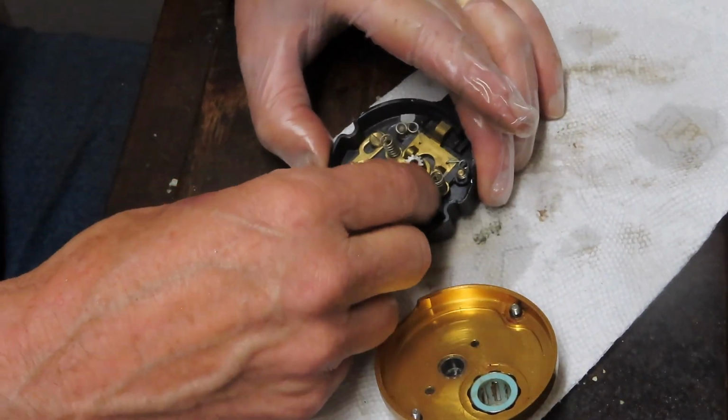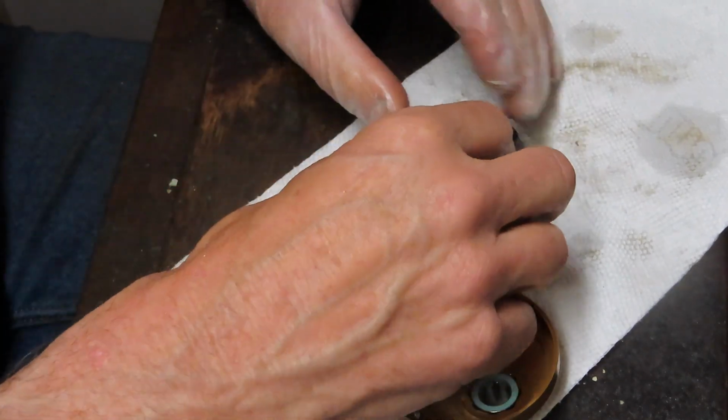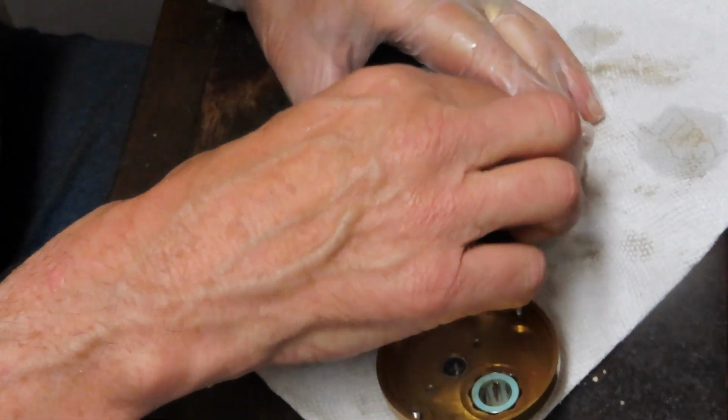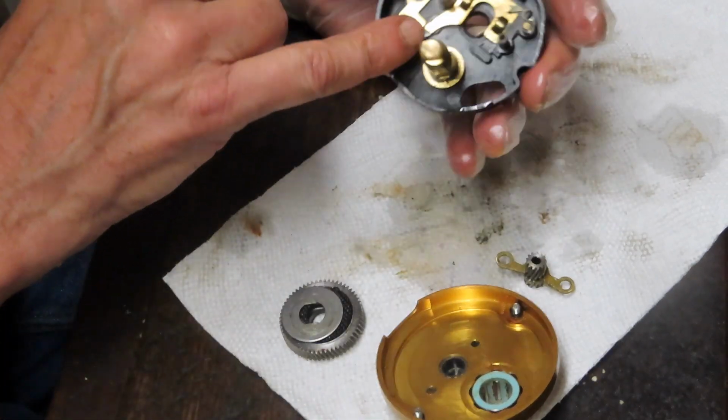Then it's our main gear. I'm going to remove that. And then we have two springs that hold your yoke assembly. And we have the yoke assembly. And then we have our jack, which is attached to the